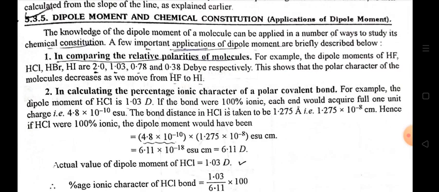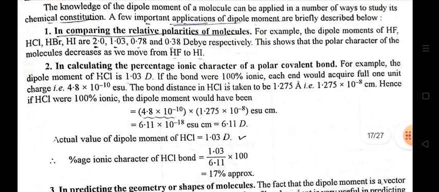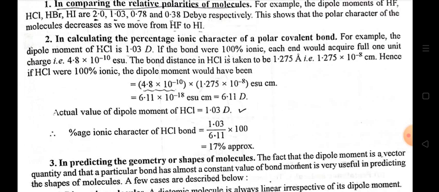Second, in calculating the percentage ionic character of a polar covalent bond. For example, the dipole moment of HCl is 1.03 Debye. If the bond were 100% ionic, each atom would acquire a full unit charge, that is 4.8 into 10 to the power minus 10 ESU. The bond distance in HCl is taken to be 1.275 angstrom, that is 1.275 into 10 raised to the power minus 8 centimeter. Hence, if HCl were 100% ionic, the dipole moment would have been 4.8 into 10 raised to the power minus 10 into 1.275 into 10 raised to the power minus 8 ESU centimeter,